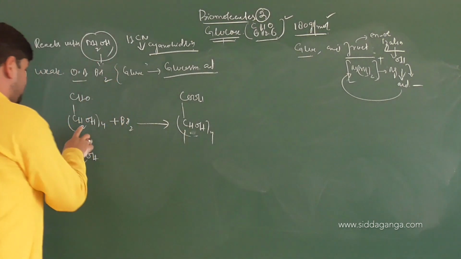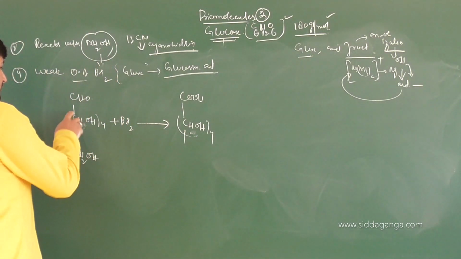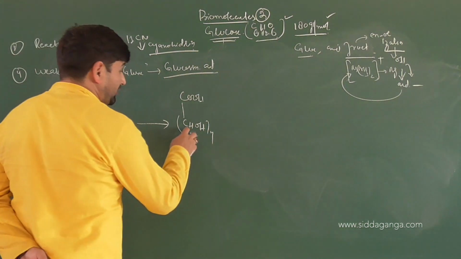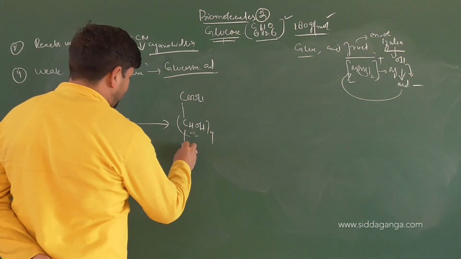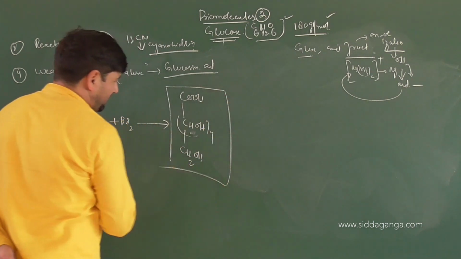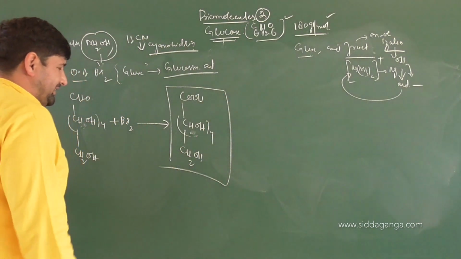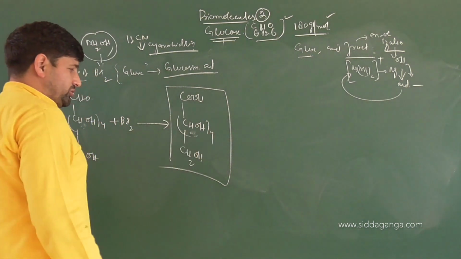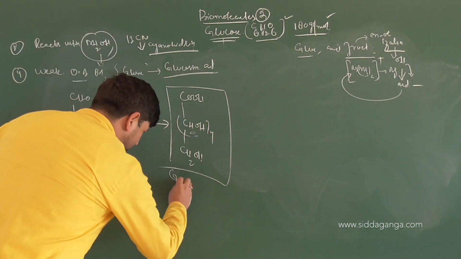Technically, it should not be CH2, it should be CHOH. 1, 2, 3, 4 valencies. Yes, not CH2OH, it should be CHOH. Okay? And then here should be CH2OH. So this molecule is a basic derivative, a carboxylic derivative or carboxylic acid itself with multiple OH groups attached to it. This is called as